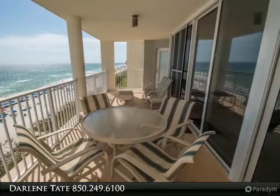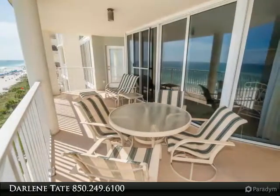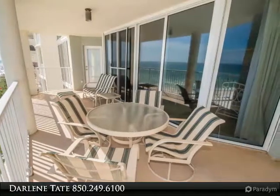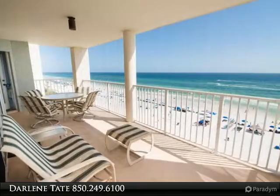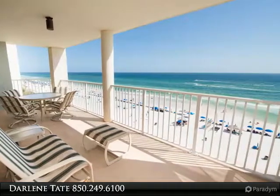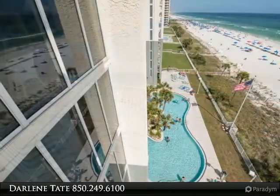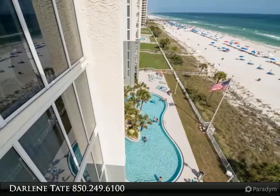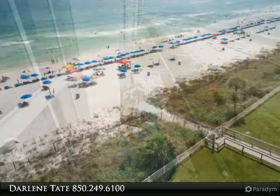Another great feature for this particular condo is the fact that it's located in Tower 3 and overlooks the gorgeous lagoon pool. It's also located on the 7th floor, which is ideal for most people. Long Beach is a gated resort with 24-hour security. Parking is on the same side of the road as the condominium, with no parking garage to maneuver. The resort encompasses 3 swimming pools,